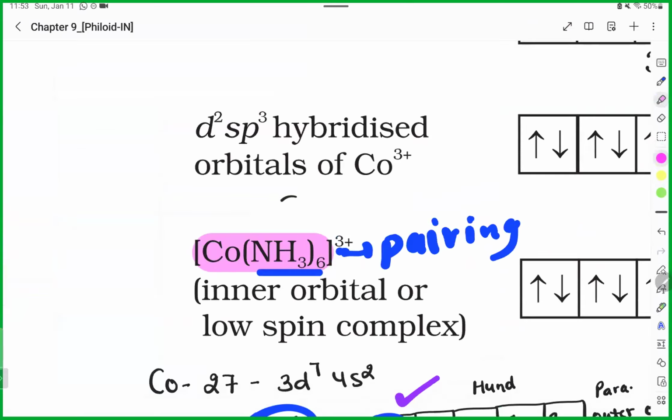Okay. So in this compound, what do you want to know using the valence bond theory? What is the electronic configuration